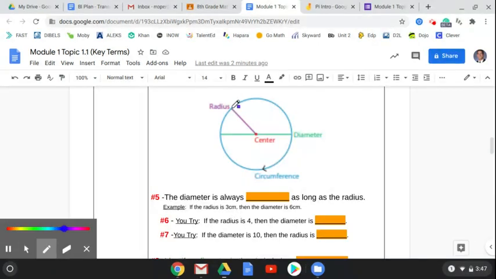If from here to here is 3 centimeters, then from here to here would also be 3, right? Every radius would be 3 because every point on the edge of the circle is 3 centimeters